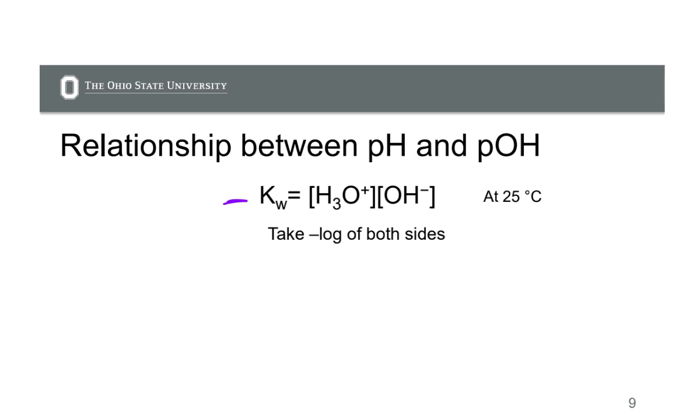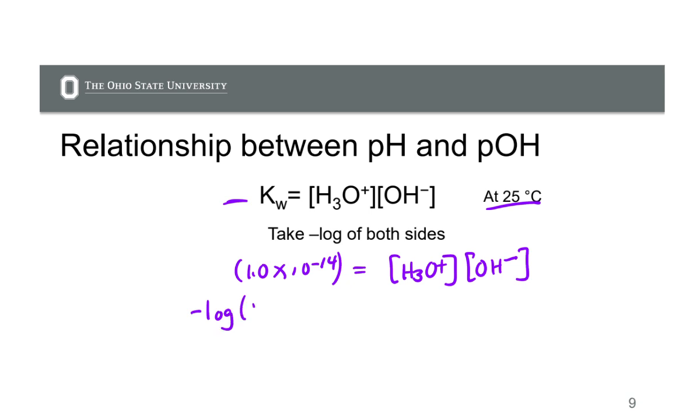So let's first plug in our value of Kw at 25 degrees Celsius, which is 1 times 10 to the minus 14. And now I've switched to H3O plus. They're interchangeable here, H plus and H3O plus. Let's take minus the log of both sides. So we'll have minus the log of 1 times 10 to the minus 14 equals minus the log of H3O plus